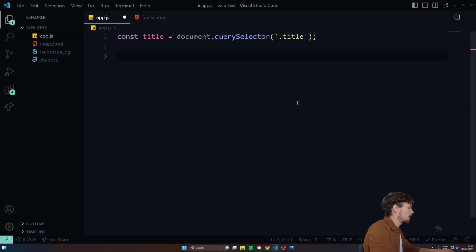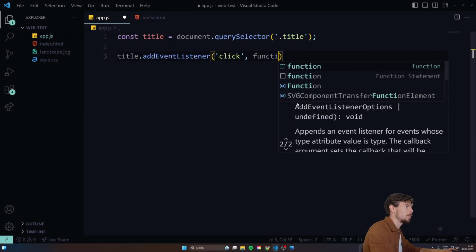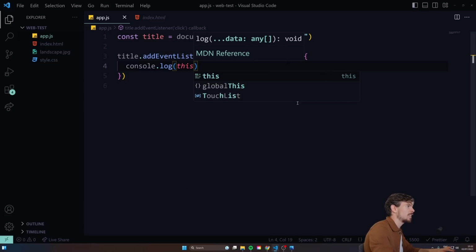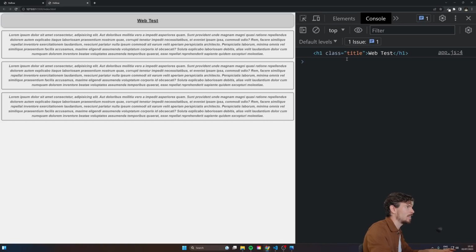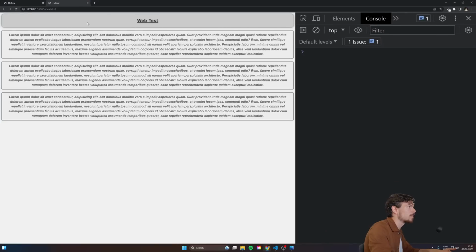So now check this out. If I go and add a title.addEventListener, and let's just add a click here, and I'm gonna run a normal function. If you run a normal function, then the keyword this is always gonna reference the current target. The current target in this case is gonna be the title, right? So you might want this, you might not want this. You might want to just have an arrow function here, and then we're back to referencing the